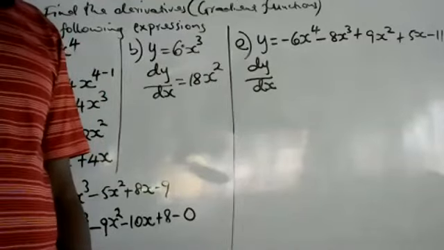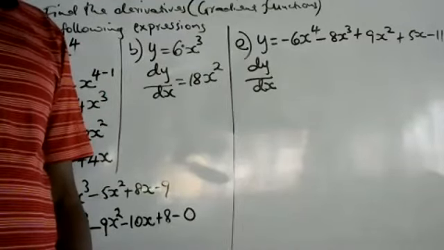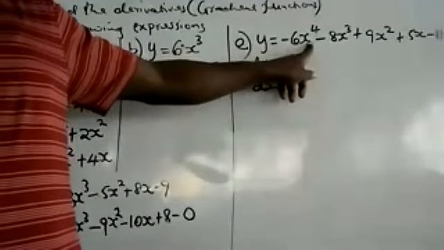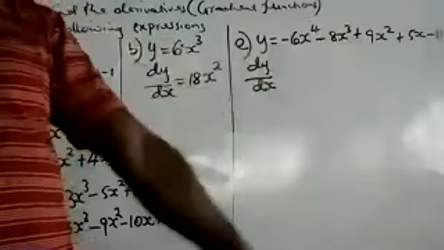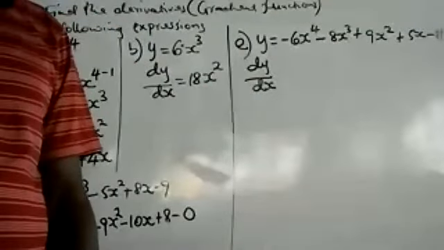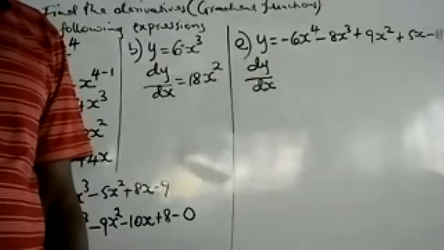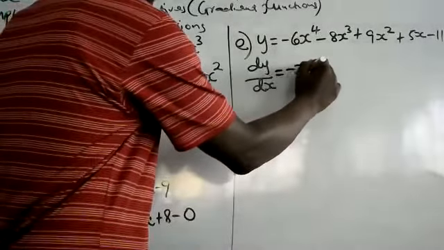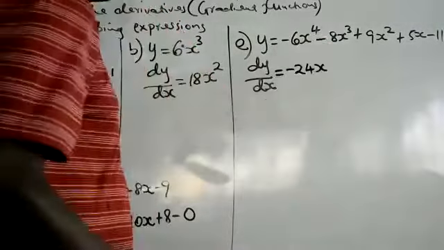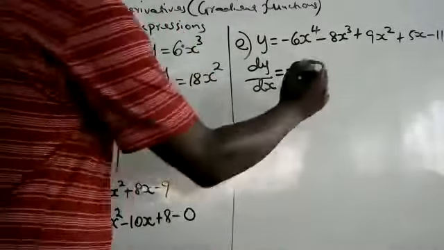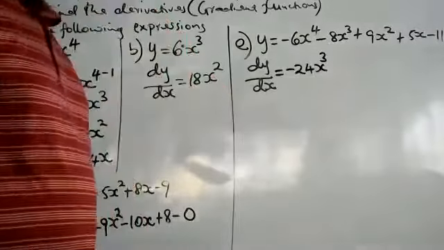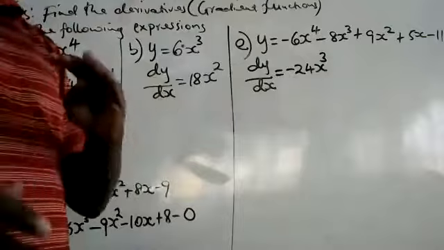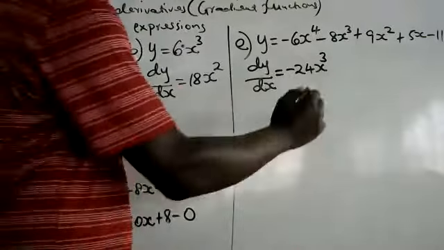Just a minute, I lost you at some point. What did you say? You differentiate negative 6x power 4. Okay, it's negative 24x raised to power 3. Yes, that is correct. Always the power will reduce by 1. Minus